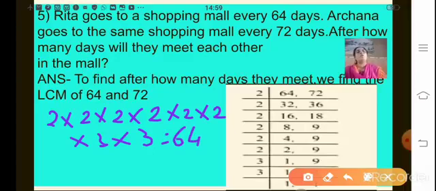When you multiply all the 2's, that is 2 into 2 is 4, 4 into 2 is 8, 8 into 2 is 16, 16 into 2 is 32, and 32 into 2 is 64, multiplied by 9 will give you